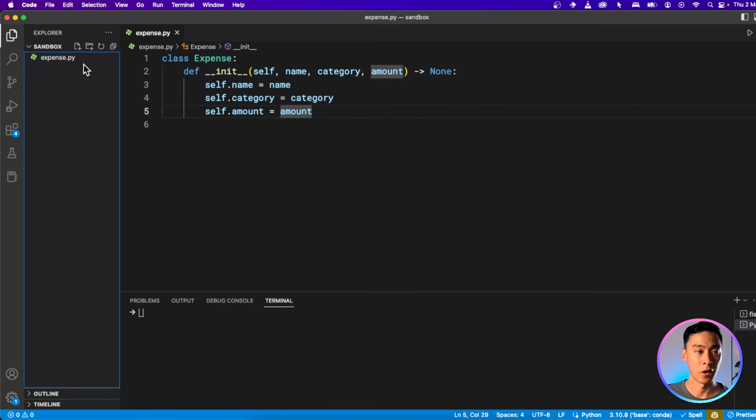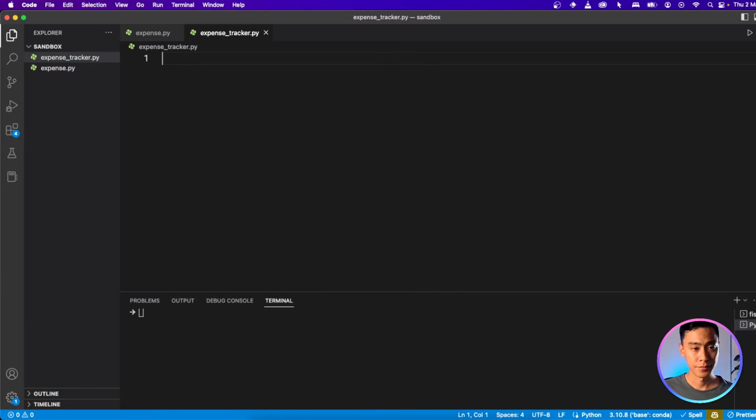Okay, so now let's move on to our main app. I'm going to call this expensetracker.py. And when I run the app, I want that flow, that main piece of code that I'm running, to be inside one function. Up till now, we've written our Python scripts as if the whole thing was being run, but I really don't quite like that, because when you import a Python file into another Python script, it will run everything in that file. So unless you want that to happen, it's better to keep them in functions, and then we can decide which pieces to run and when. But if you create an app that's supposed to be run as the main application like this, it's typical to name the main function main.